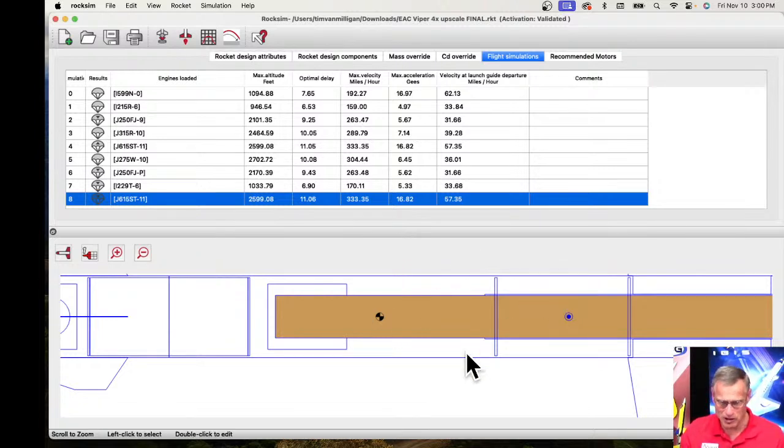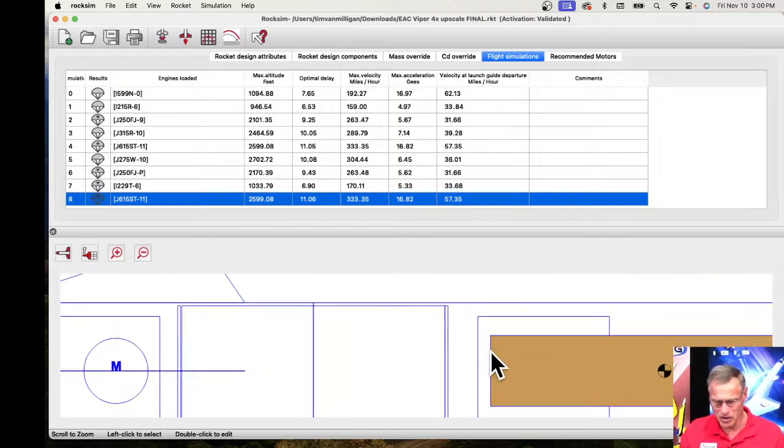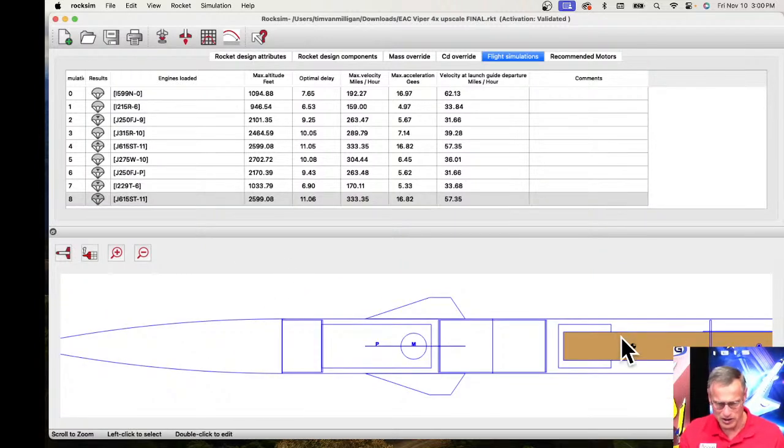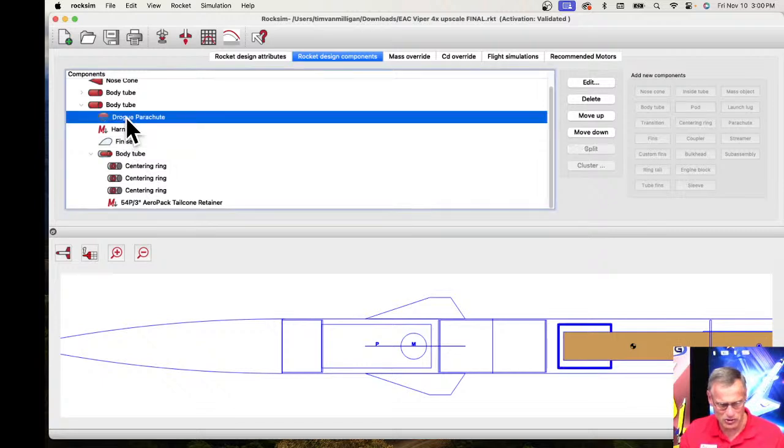On this particular rocket, it probably doesn't matter because my next bulkhead or object is this tube coupler right here. There's probably a bulkhead right here, and this engine doesn't hit it. Now this rectangle right here is probably a parachute. If I go to the rocket designs and my parachutes, yes, that's the drogue parachute right there. So I could wrap the parachute around the outside of the motor, and we talked about this a little earlier today, yes, you can wrap the parachute around the motor, and it's not typically going to harm the parachute just from the residual heat of the motor, because